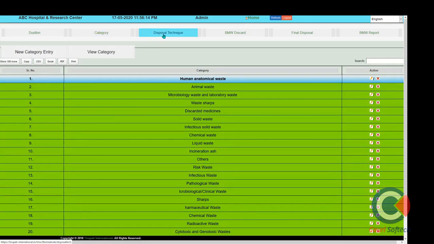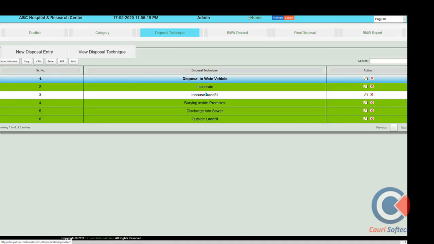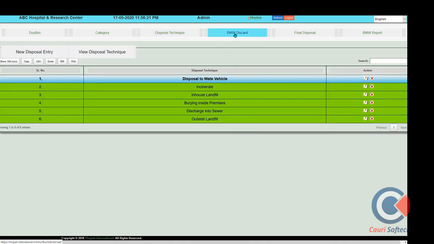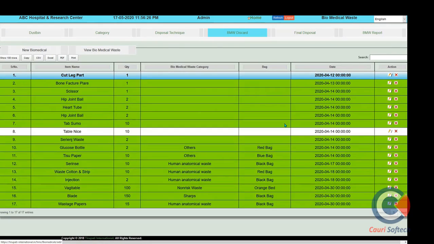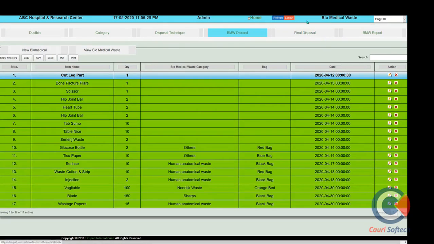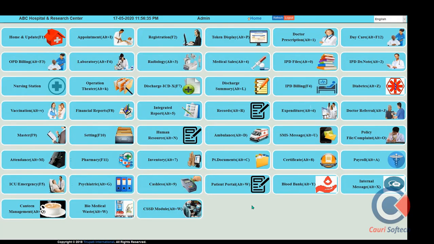Disposal techniques also have to be maintained this way. So biomedical waste we can properly maintain from this module. It comes from the nursing station, operation theatre, laboratory, and all kinds of locations, and we can collect the waste and have it properly disposed of from the hospital.